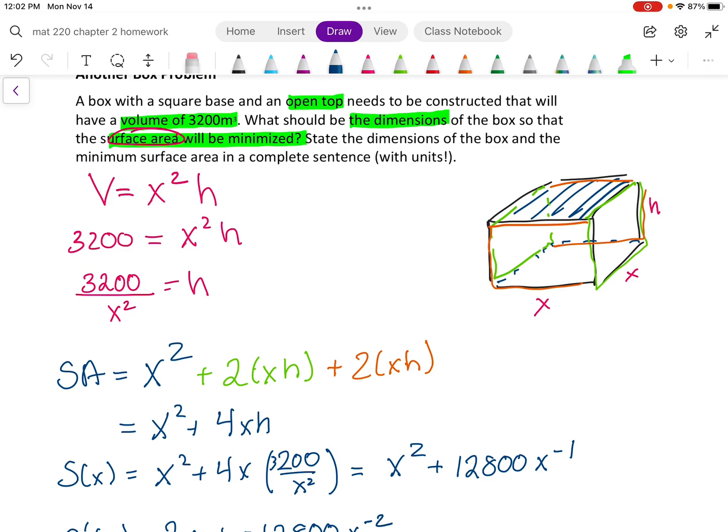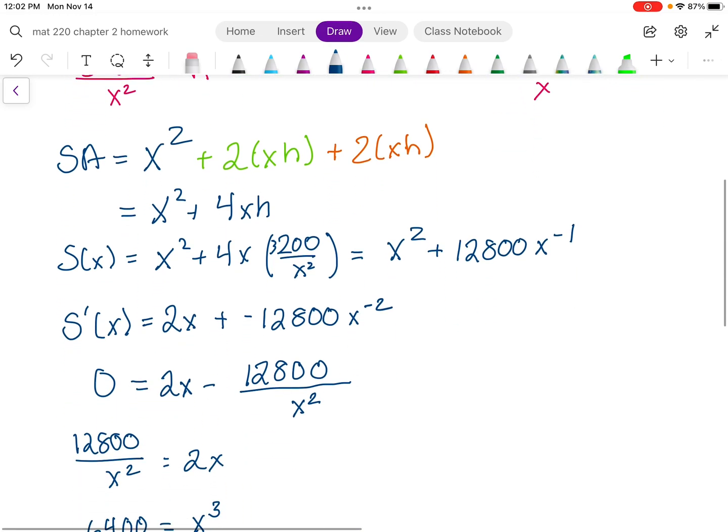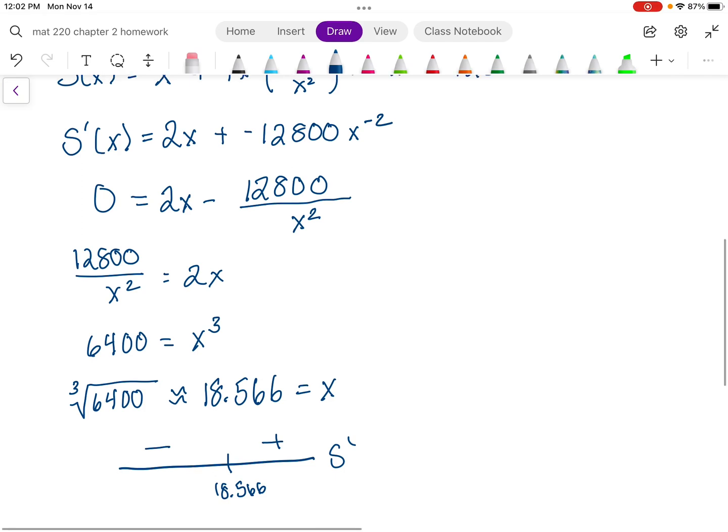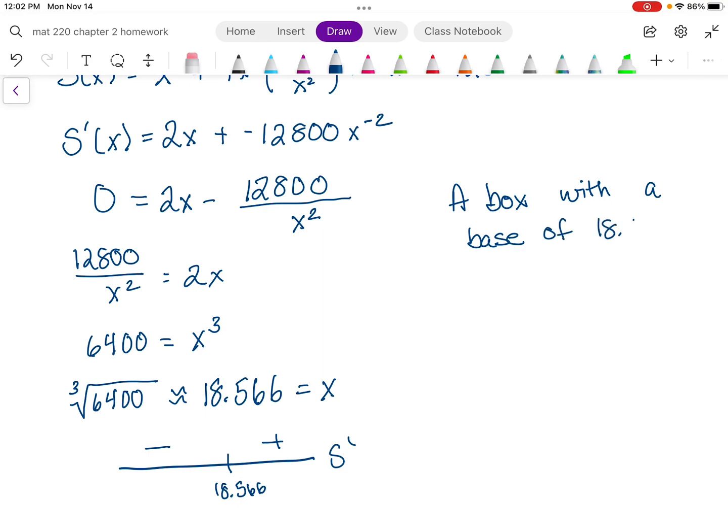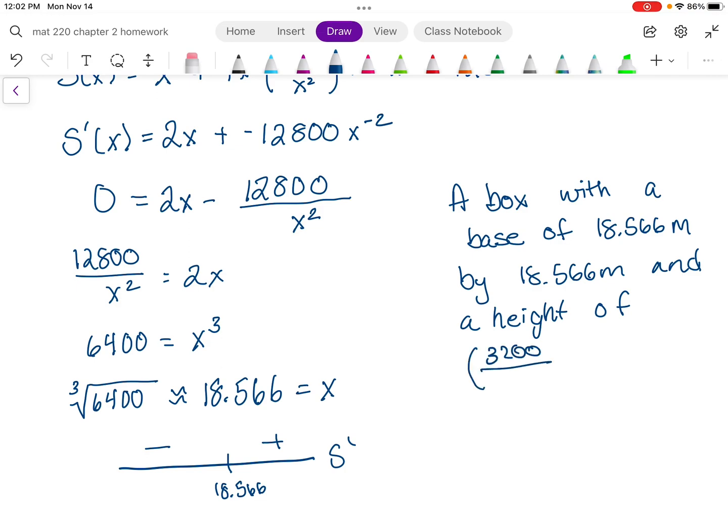Okay, so I need a box with a base of 18.566 meters by 18.566 meters and a height of whatever I'd get from doing 3,200 over that value squared meters, and I just don't feel like reaching for my calculator right now,